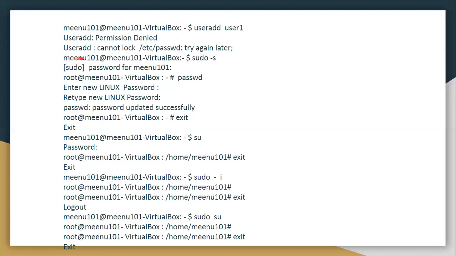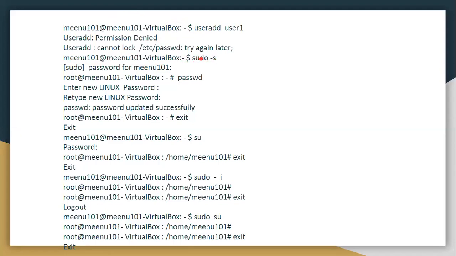So for that, I first have to create a super user. For creating a super user, the command is sudo. Sudo stands for super user do it, meaning everything has to be done by the super user. So the sudo command is to create your super user.